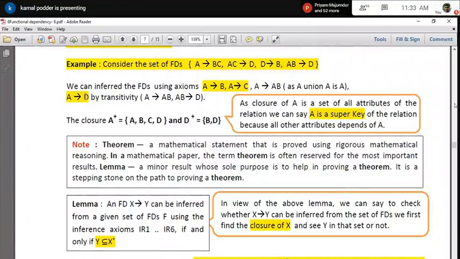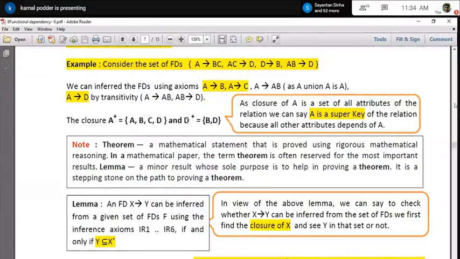Now if it exists, try to understand this. If you see A, B depends on A, C depends on A, D depends on A. That means I can say that the closure of A contains B, C, D, because all of those depend on A. Now the attribute itself is always there. So naturally I can say A plus, the closure of the attribute A, is A, B, C, D.